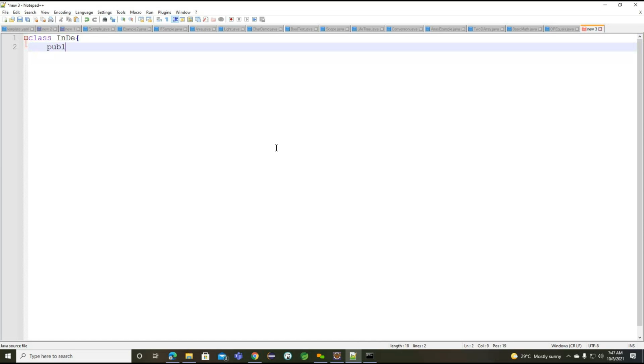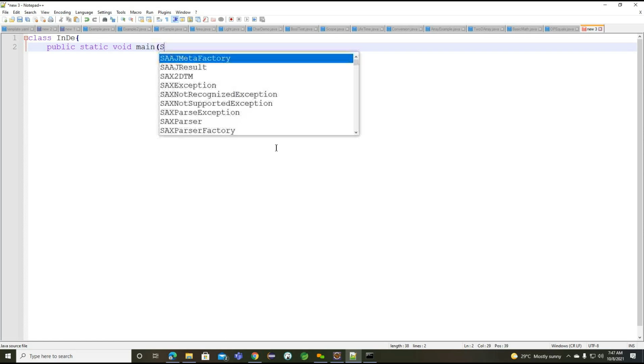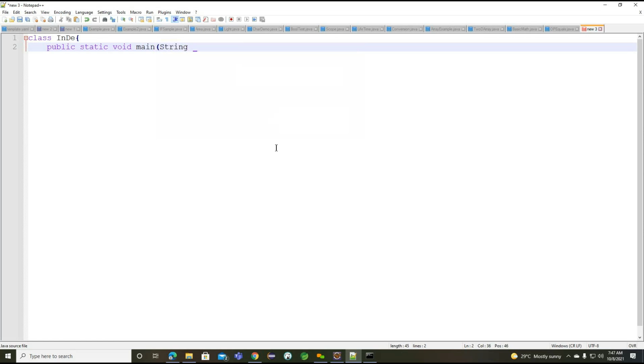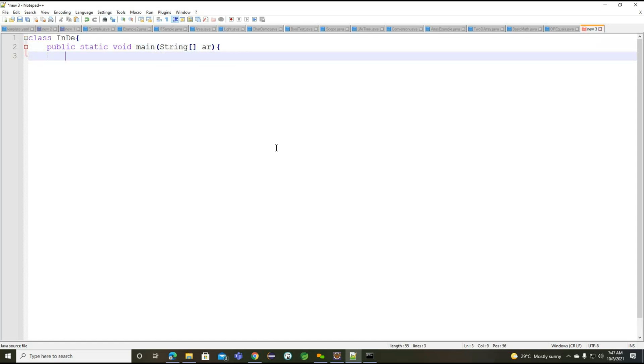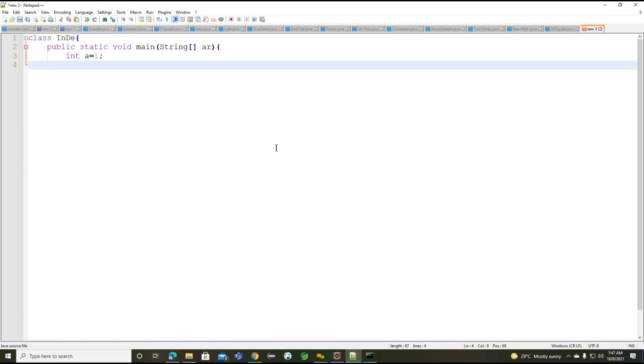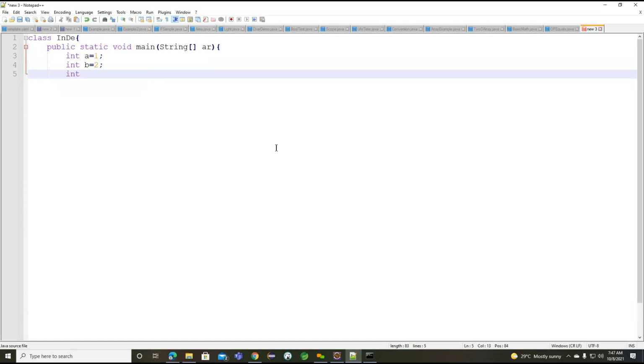I'm taking the class name like this: public static void main, String args. You can take any name. Now observe: int a is equals to 1, int b is equals to 2, and int c.